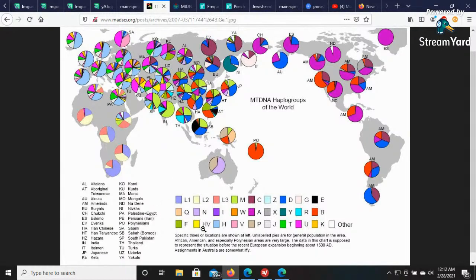But the main takeaway here is the amount of this Jewish or Israeli signal of mitochondrial DNA in Europe, because there is a Semitic population in Asia that may or may not be from Israel. I'm guessing that this B, this red color, and this A, the lighter color, is not. I'm guessing it's not Semitic,